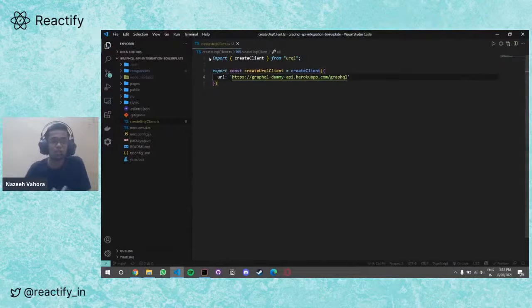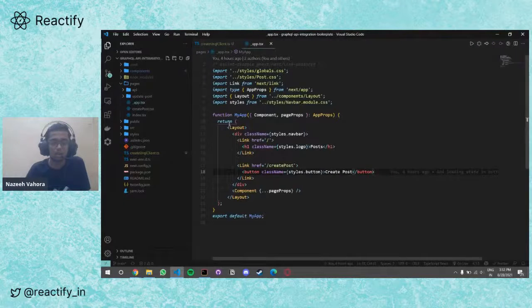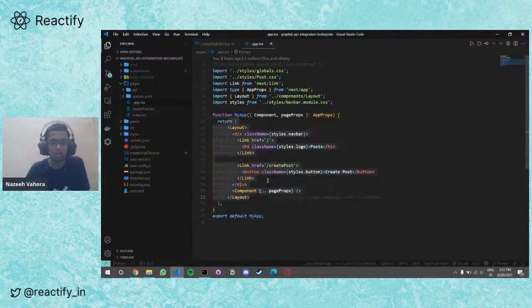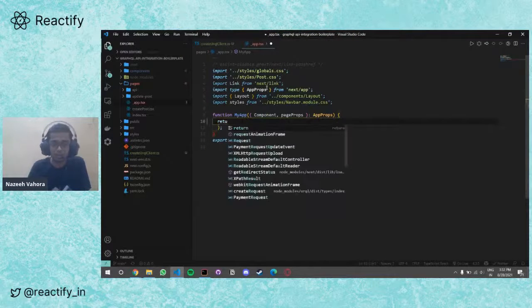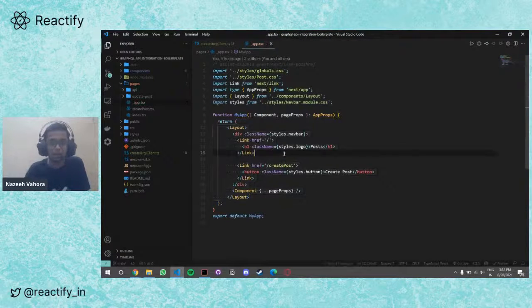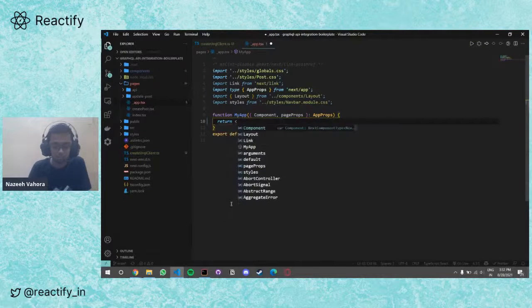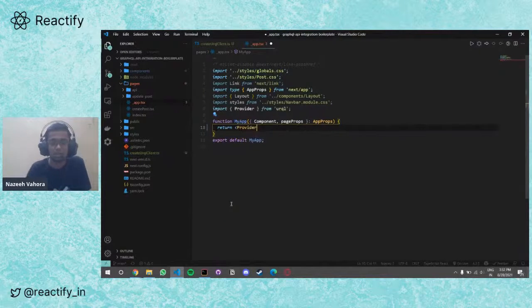So we have configured Urql in our package, but in order to use it in our app, we need to wrap our whole app in a wrapper provided by Urql. So I'll wrap it. Here we go.